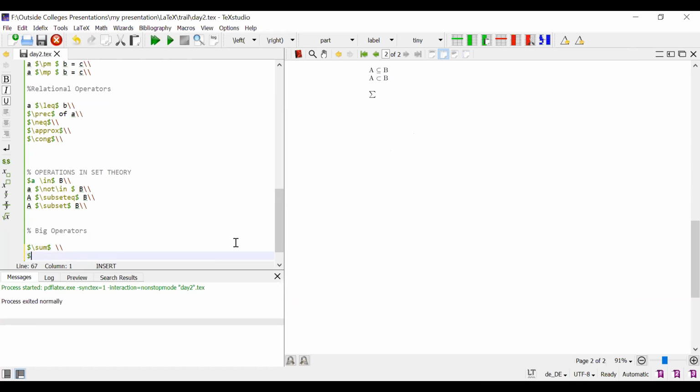That is \prod, product. See this, product of the set, product of the number of elements. This is the product, a big operator.